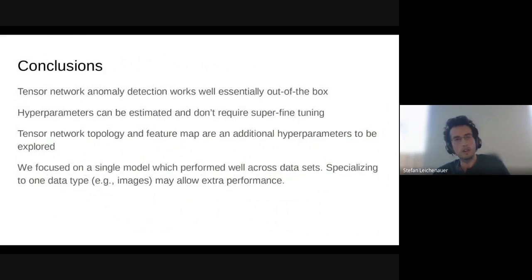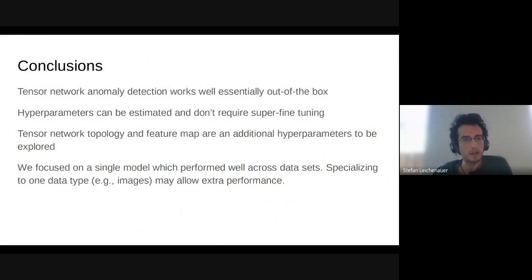So as a conclusion, I would say that tensor networks for anomaly detection work really well, essentially out of the box. The estimates of the hyperparameters, as I alluded to, don't require very fine tuning. There are additional hyperparameters that you could try to fine tune. So bigger things like the feature map and the tensor network topology, which could be chosen to match up better with